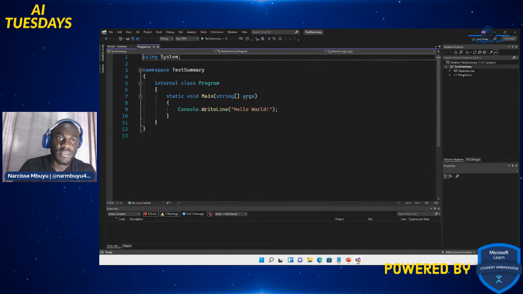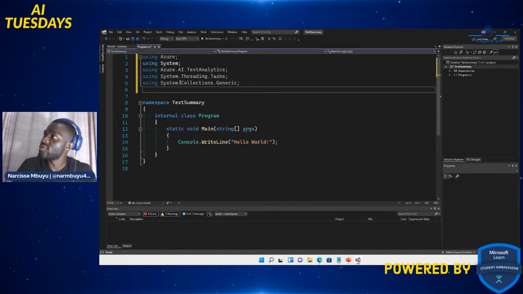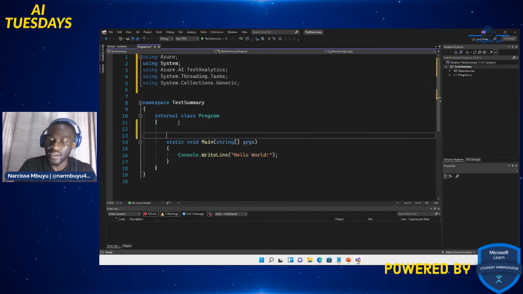Accept. So now we're gonna call our using namespaces again: using System, using Azure, using Azure.AI.TextAnalytics, using System.Threading.Tasks, and using System.Collections.Generic, right? So that's the first thing we did. And now we're gonna create a connection to Azure.